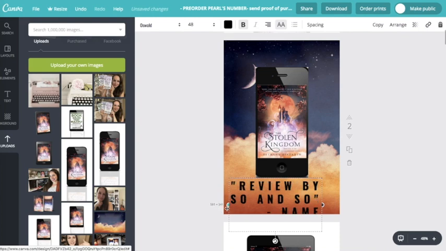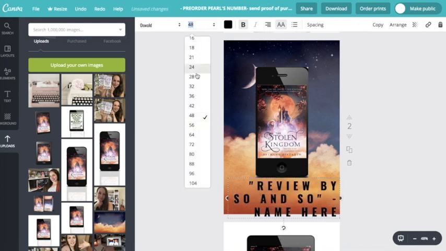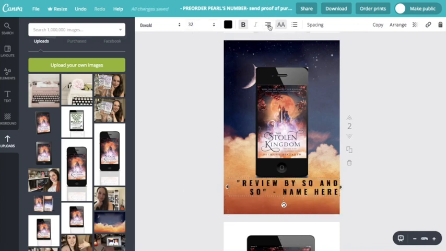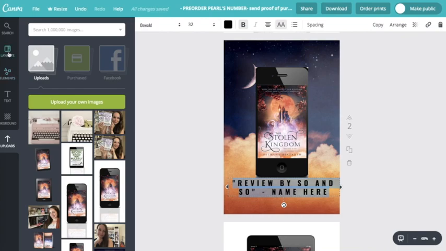If ever your words just aren't fitting quite right, you can also just change the shape of the box, which is fabulous. And so you just have so much wiggle room to just make it look pretty and centered and all that. And guys, that's just what you can do with just the font alone and the backgrounds and adding images. And you'll see that I have a bunch of images on the side, but you can also go into